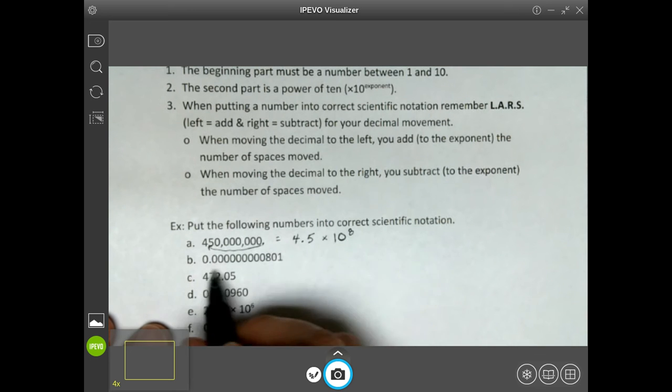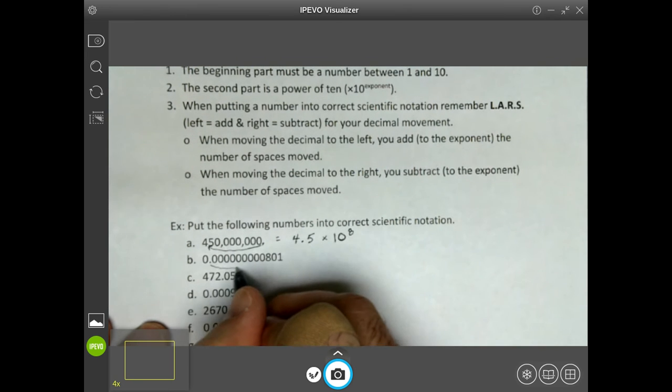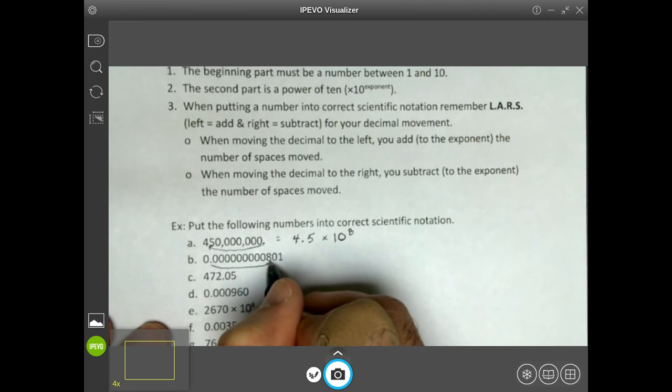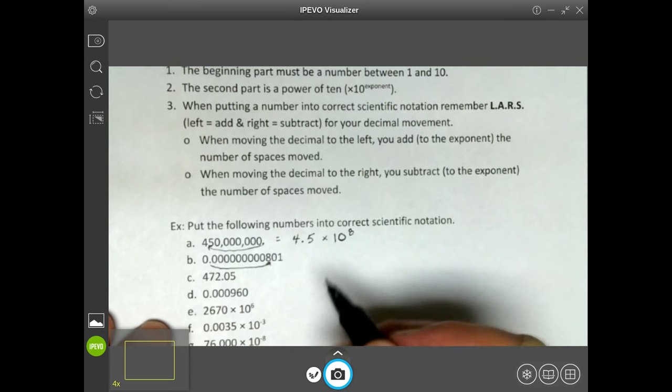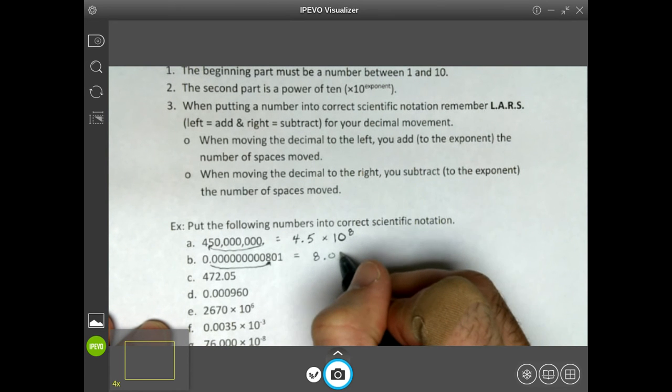Same thing with B, except in this case there is a decimal. So this is where the decimal starts. We've got to move it so the number is between 1 and less than 10. So we're going to move it to between the 8 and the 0, after the 8. So it becomes 8.01